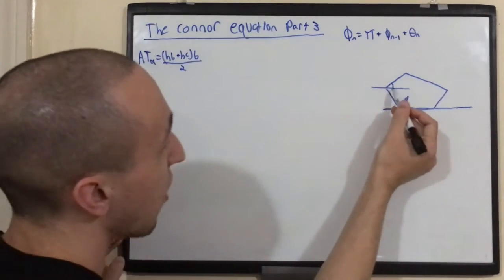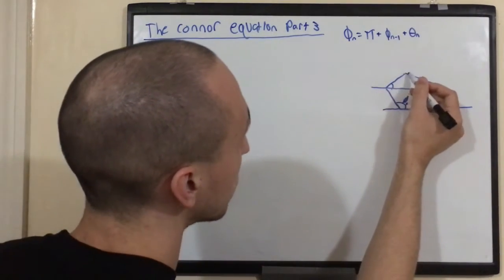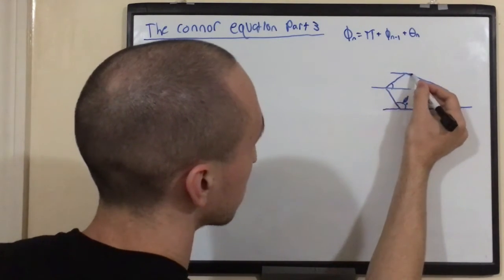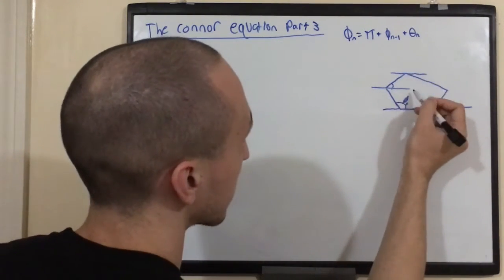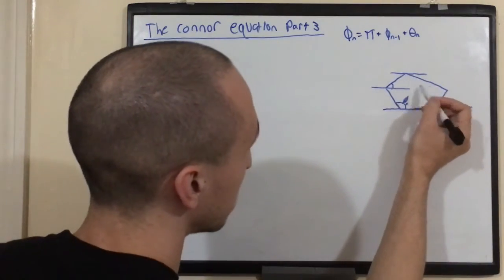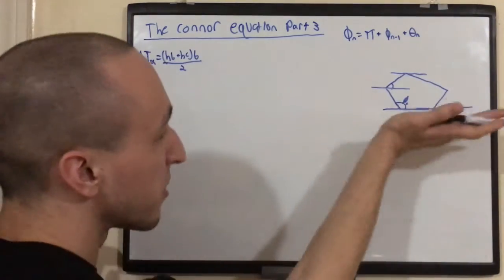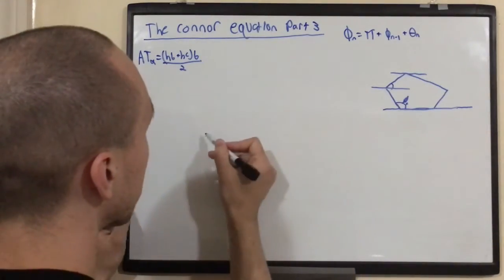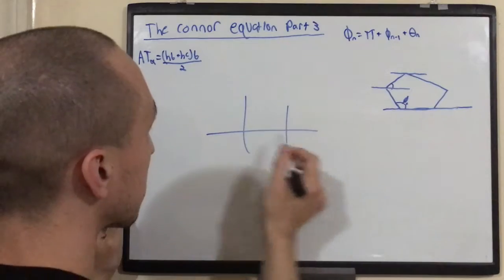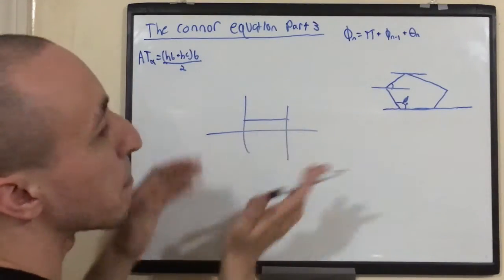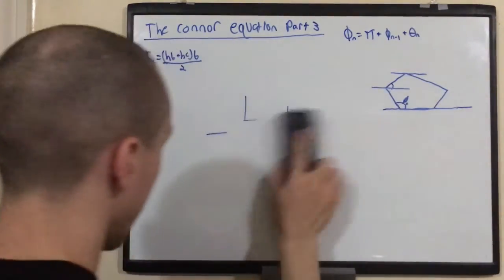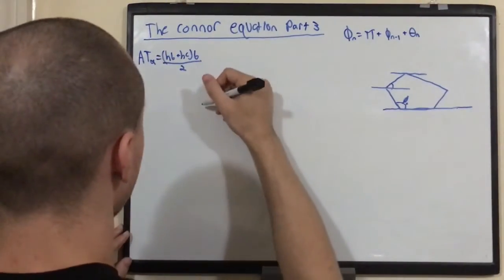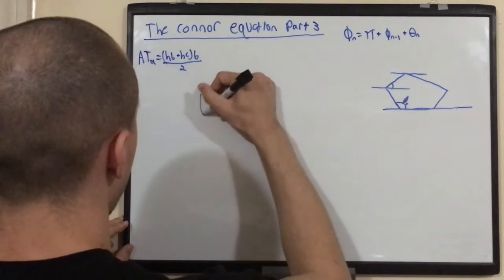And of course, for all of these, right? So for this one, I'll draw this, relative to the x-axis. The base is also going to be parallel. Basically, the heights are perpendicular to the positive x-axis, and the bases are parallel to the positive x-axis. So let's do it. I'm going to say B